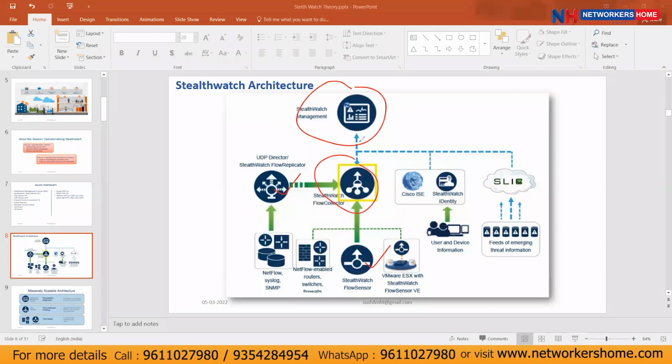Exactly, if there are plenty of them. Correct me if I'm wrong, Sushil. Even the flow replicator does the same job as the flow sensor, right? I'm quite confused between them, because I was under the impression that the flow replicator collects the logs from the devices. See, technically, the flow collector is the main device which collects your information,